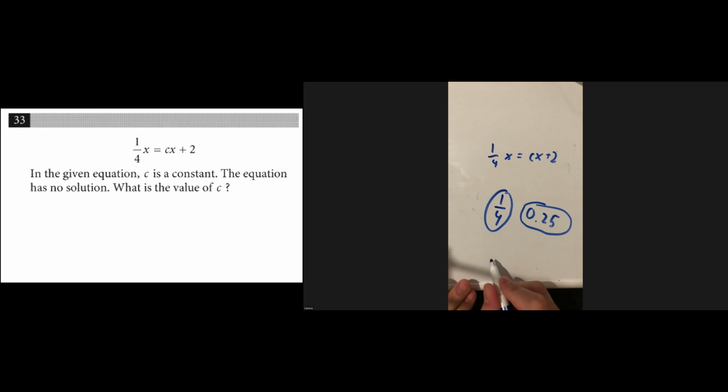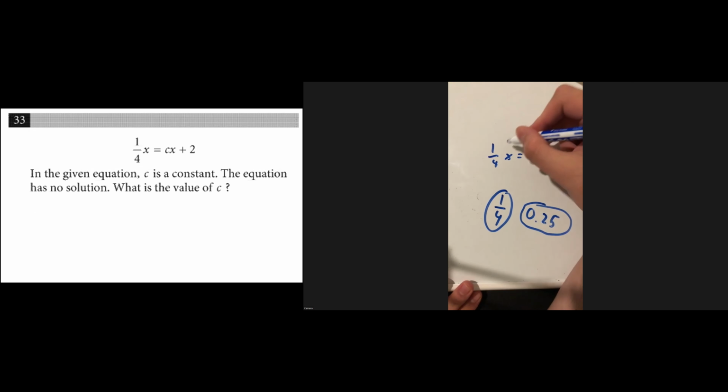Okay, so someone asked me to explain the last one. So this one. It says the equation has no solution. So that means that there is no value of x where this equation will be true. So